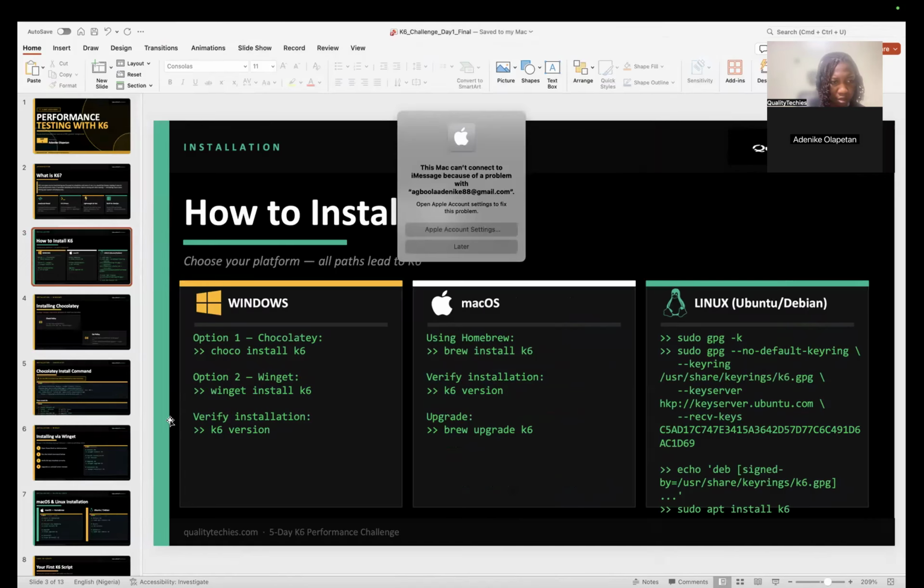So brew install K6. Okay, the installation is in progress. All right. So while installation is still on,